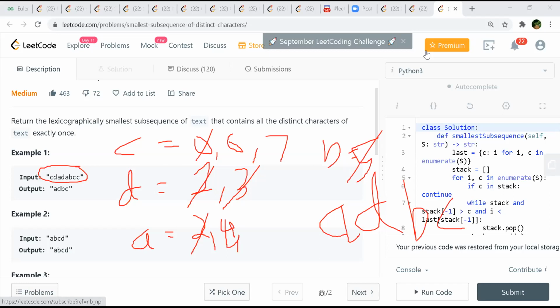Actually, this is what I implemented. Yeah, this is the greedy one, right? Yeah, great. This is how I implemented. I was just trying to build on what Deepak was saying. He was trying to go through all the possibilities. I was trying to greedily fix my character and then move on.